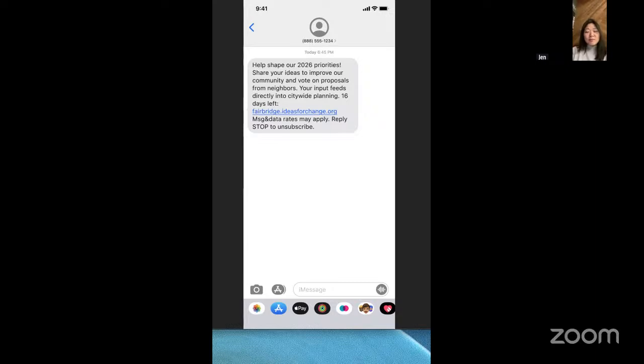Gotcha. And what, if anything, would make this message more clear and trustworthy? I think saying who is sending it. Is it from the city? Is it from change.org? Is it from a different org called Ideas for Change? I think it's unclear to me, especially if I didn't sign up for it. It's also, what is their motivation for sending it? Like I was telling you earlier, when I pick up the calls, sometimes it's parties invested in the actual policy, which makes me approach it differently.